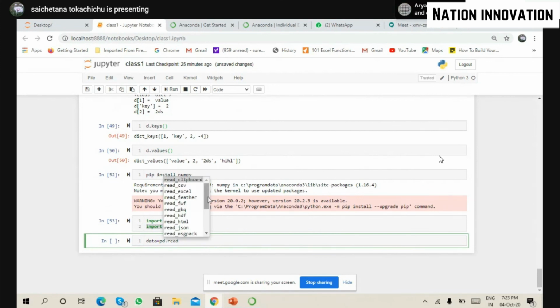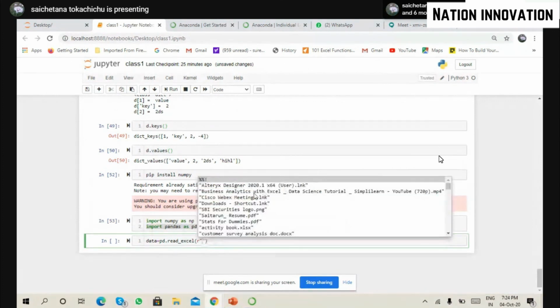There are many types in it. You have clipboard, CSV, Excel, Feather, FWF, even I don't know what this is, HTML, JSON, Pickle, SAS, table, SQL query, like that. I want an Excel file, so read_excel with round brackets, and then whatever the name of the file is, or the file's location, with r before it.